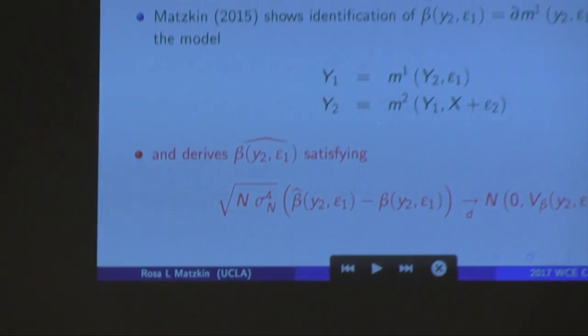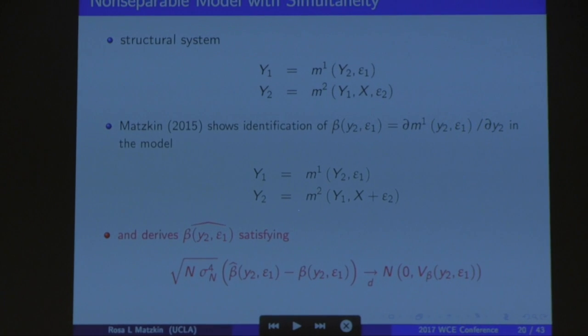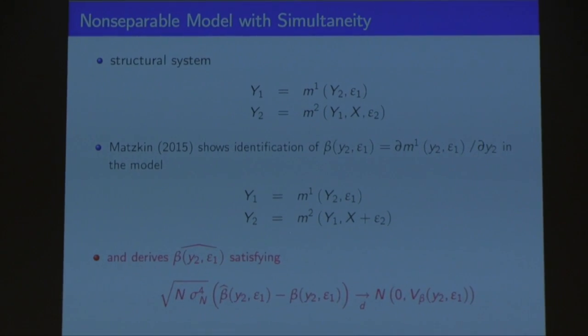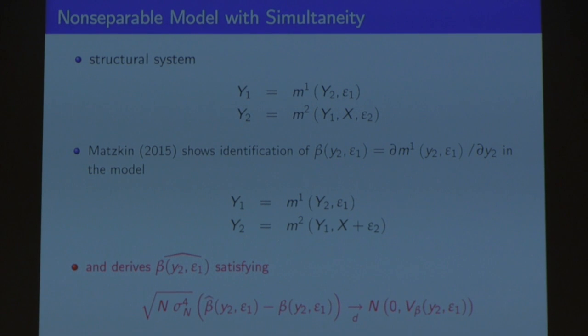Okay, so one can estimate this derivative. As you can see, the derivative depends on, let's say if this is a demand equation, the price and a particular value of epsilon 1. So we're looking at a market where people have a particular taste for the product and a given price, and we're asking, if we fix the product, if they have exactly the same taste, and we just change the price a little bit, how much more will they want to demand? So this is the counterfactual.